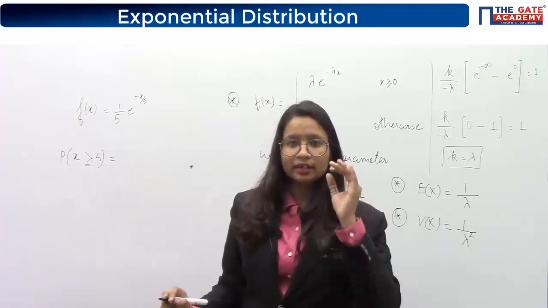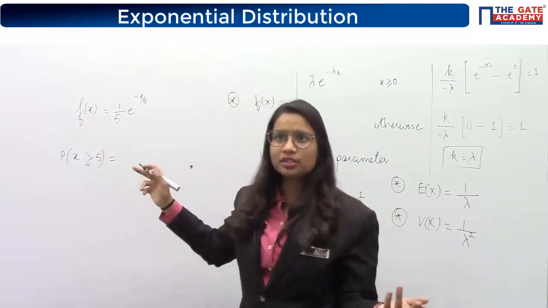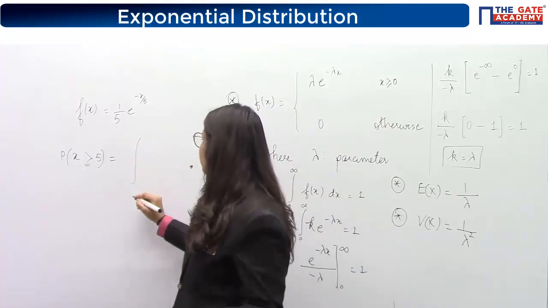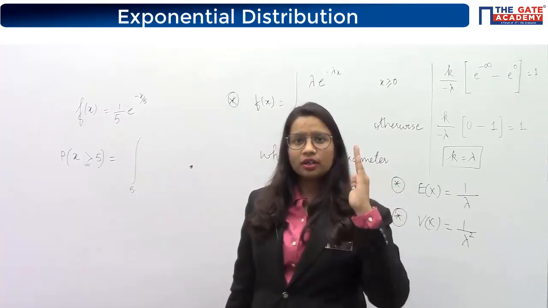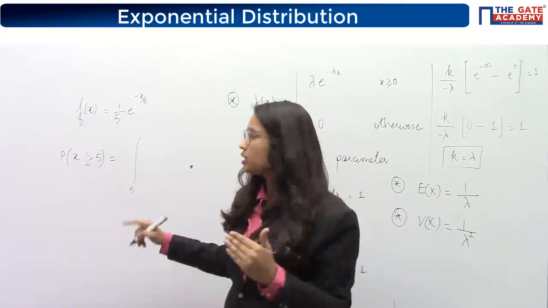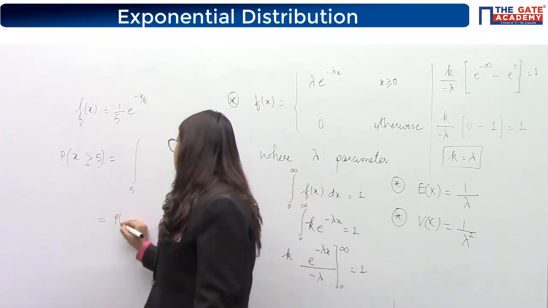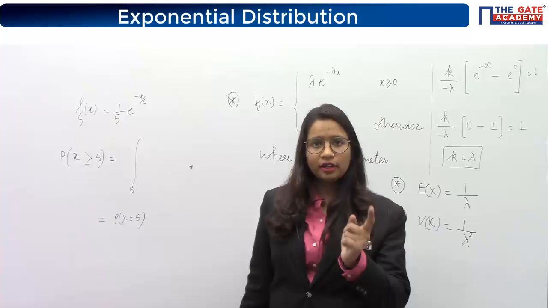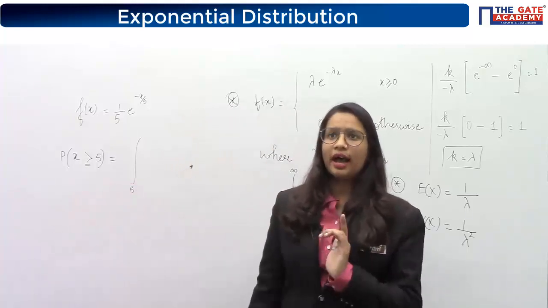So this doubt will be coming in most of your minds, but it will not have any effect if you consider it as equal to or not, because what we are doing, we are just integrating, and in integration the end limits do not have any effect. Yes or no? But if this was a case of discrete distribution, then it will matter, because now you will count the probability of x equal to 5 if equal to is there. If equal to is not there, then you won't count it. Okay. But in the case of continuous distribution, it will have no effect.